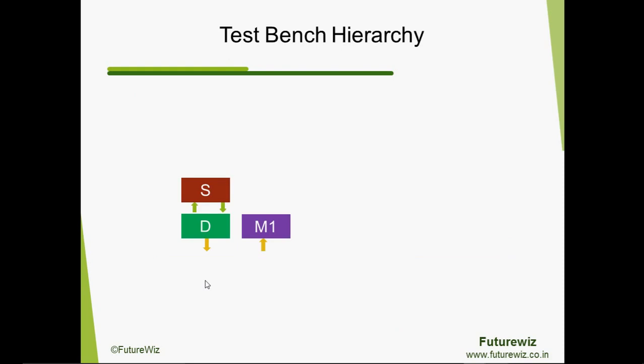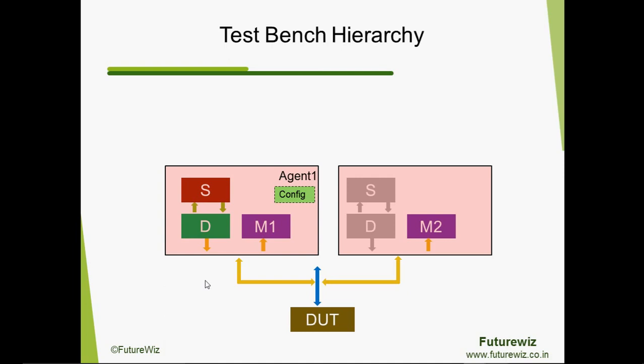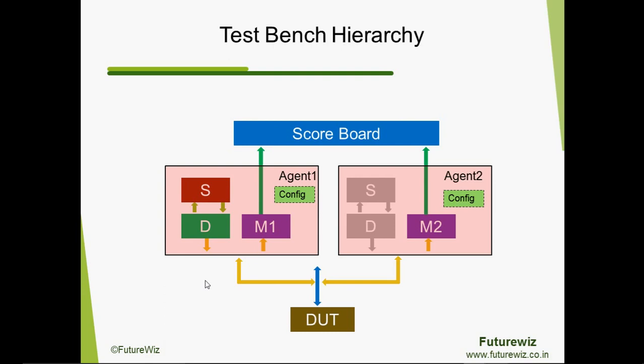Now let us take an example. The very first thing over here, we have a driver, a sequencer, a monitor, and then a DUT. So this is an example of an active agent, where all three components are available. We also have an example of a passive agent. If you observe over here, the sequencer and driver are not available; we only have the monitoring activity. Now we can have a scoreboard where we can compare activity between two agents. You can see that in this example, we are using the forward part that the monitor was providing in the previous example.